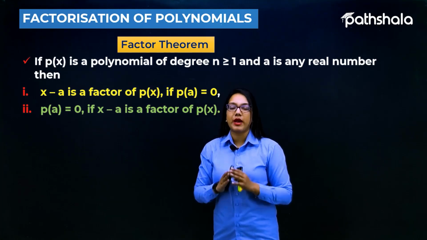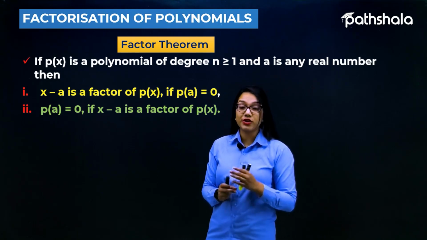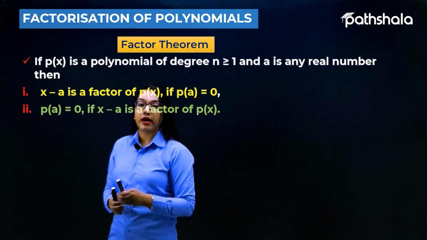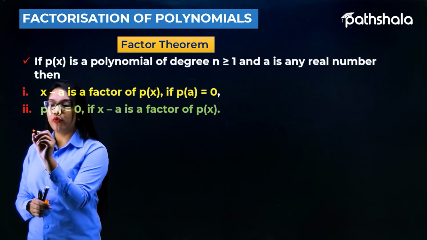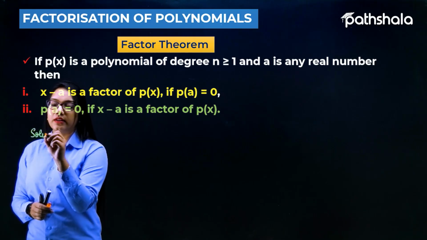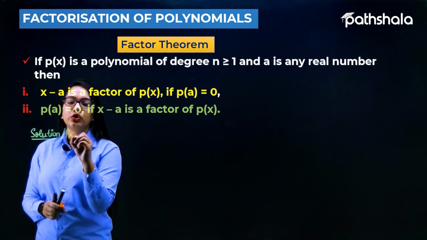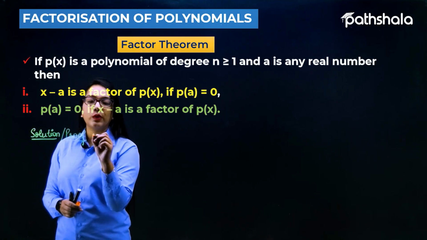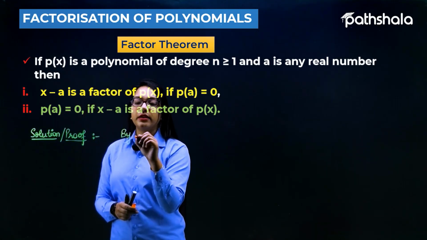Let us prove the factor theorem with the help of the remainder theorem. So let's prove both of these parts with the help of the remainder theorem. We are writing the solution, or the proof, of this particular theorem. First of all, we know that by the remainder theorem,